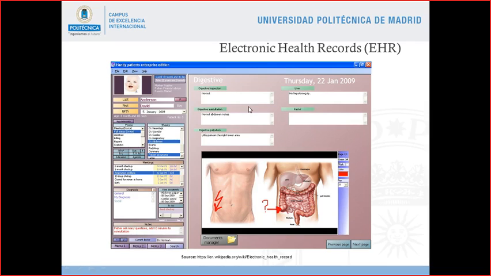So the information that is shown is, for example, in the digestive inspection, if it's normal or has any problem. From the liver, some auscultation or other digestive palpation. For example, here we have a little pain on the right lower area. So we have, in this case, an image showing where the pain is supposed to be. And for example, if we have some radiology results, here we have the radiology results, okay?